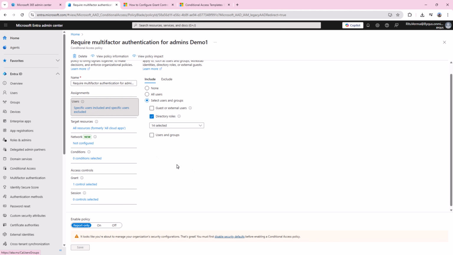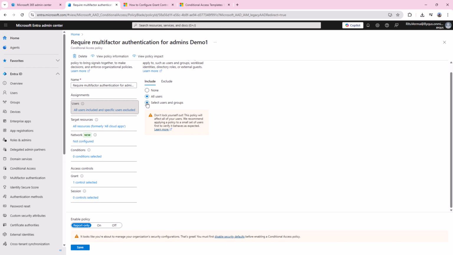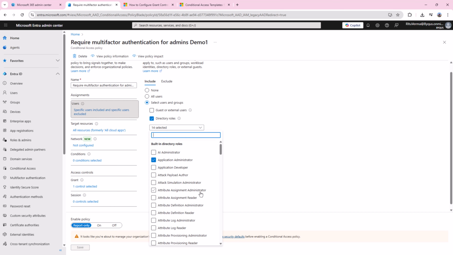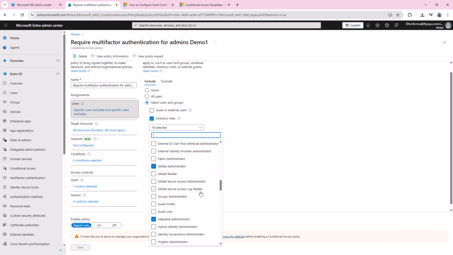Specific users, and specific users excluded. Included is, we do not include all users here. Select users and groups and directory roles. So all the administrators, so Windows 365 administrator, wherever we see administrator, we will put this conditional access policy.